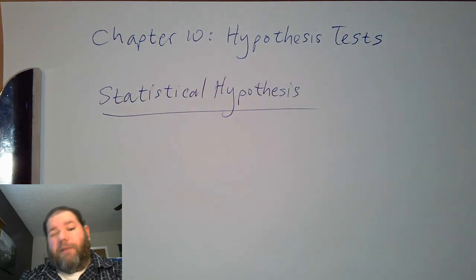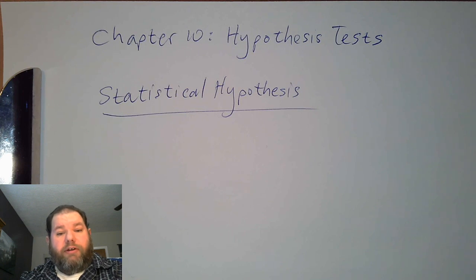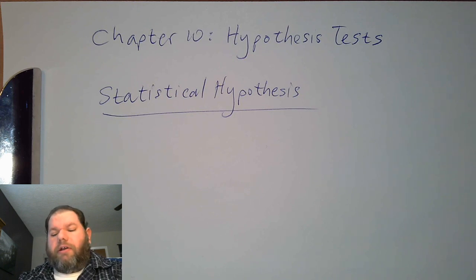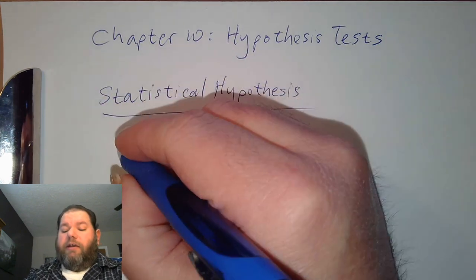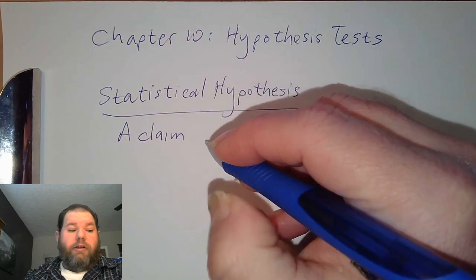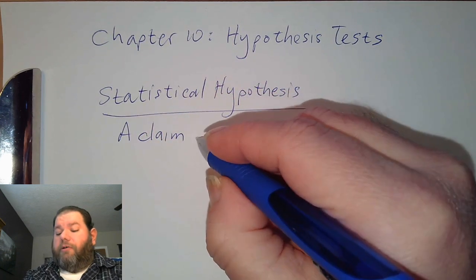One of the things that you may notice as we go through this is there's a lot of similarities with confidence intervals that we just looked at prior to the test on Chapter 9. And the theory behind it is basically the same. It's just we're working towards it from kind of a different direction now. And the idea with the statistical hypothesis is this is a claim or statement about a population parameter